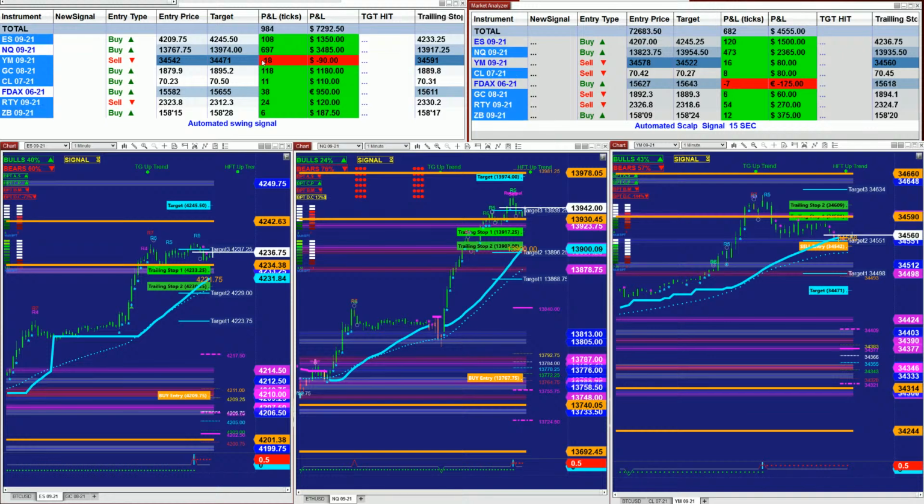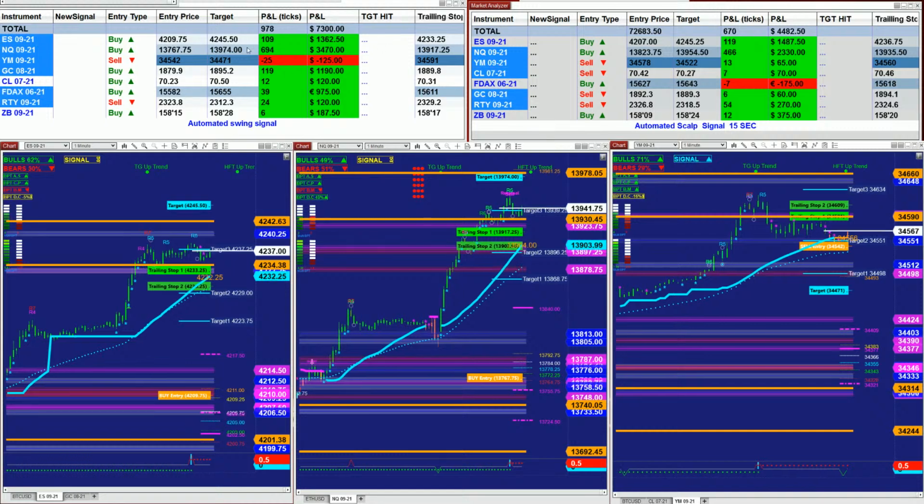Now we just have the YM fired a short signal. And on the scalper, we have a total here of 972 ticks based on one contract. And here we have 676 ticks based on one contract, which is the 15-second